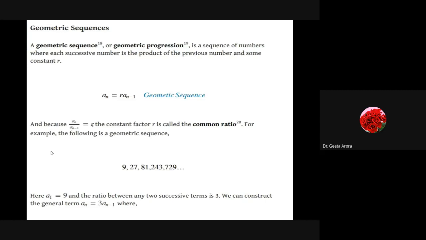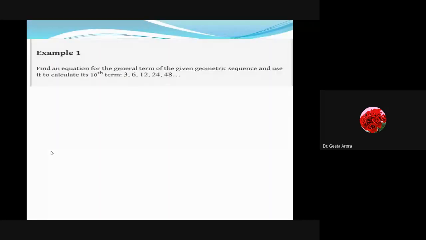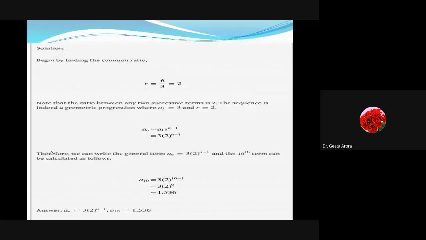What we have observed is that in an arithmetic sequence, each incoming number is just the previous number plus some common difference, and this continues through the whole sequence. Similarly, in a geometric sequence, each number is the previous term multiplied by a common ratio, and this continues through the whole sequence. Correct. So these are the two things we discussed, and then we learned how to write down the general terms. We have done some examples.